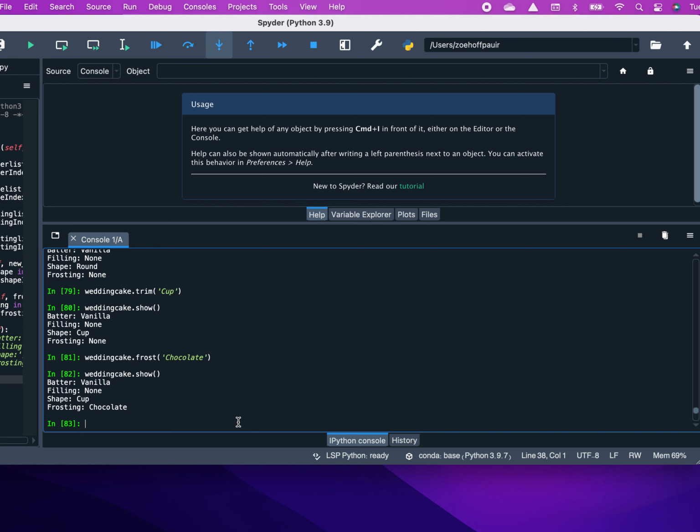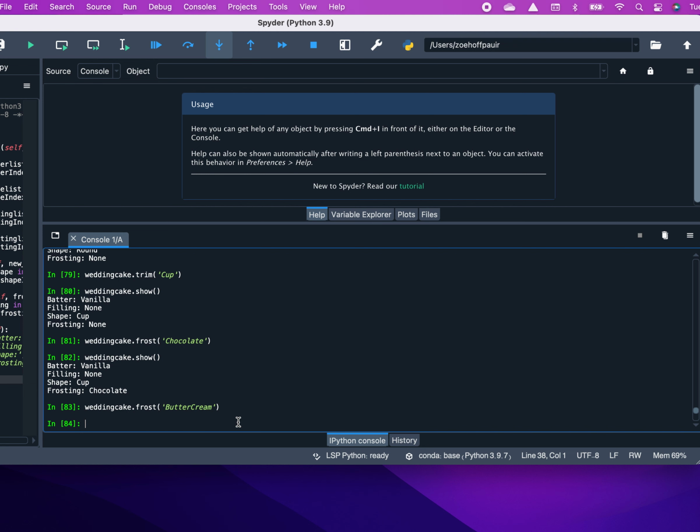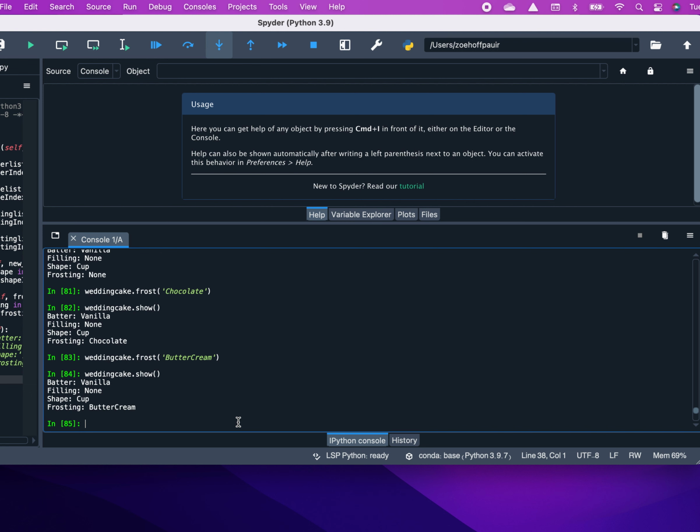Something I didn't think about was that wedding cakes are typically white. I'm not saying that they have to be. You can be a trendsetter, but since I already feel adventurous enough having a cupcake for my wedding cake, I'm actually going to change the frosting again, and I'm going to make it buttercream. And so physically what this would be akin to is me scraping off that chocolate frosting and piping some buttercream on. So now I have a wedding cake that I've made, but what if I wanted to make, let's say